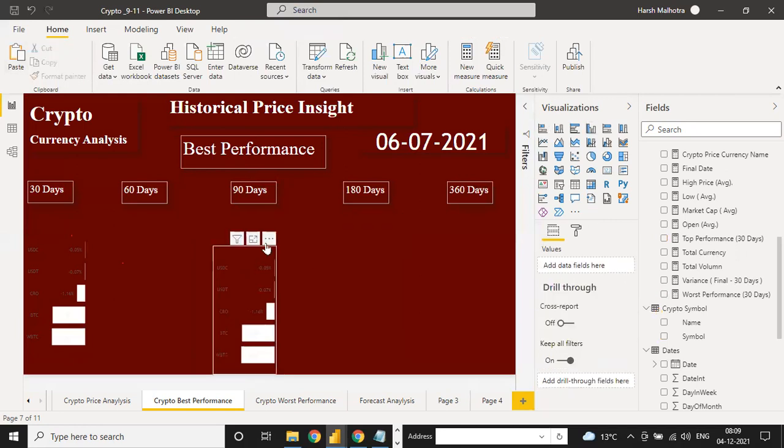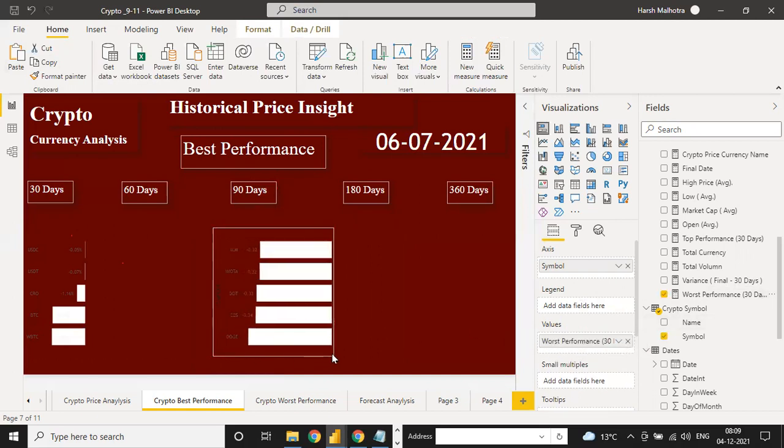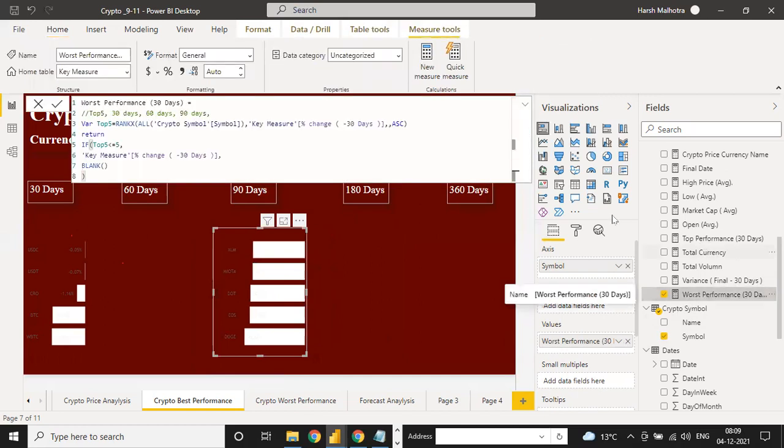Delete this one. Instead of top, if you put worst, see, this is your top 30 and this is your worst 30. Everything is same. For this worst and this top, nothing is changed. Only the ascending and descending order is changed. Otherwise, all the things are same.